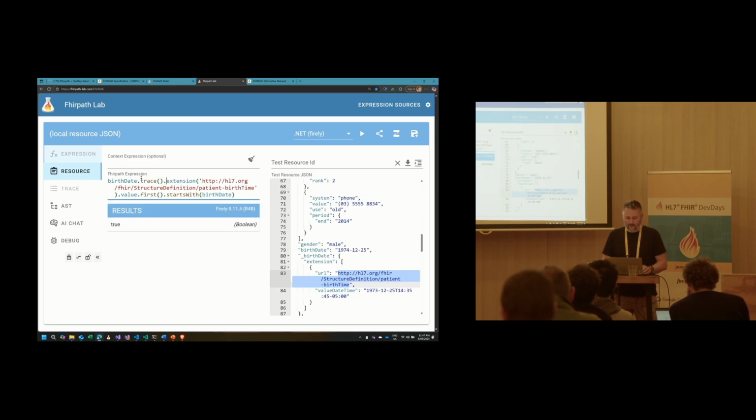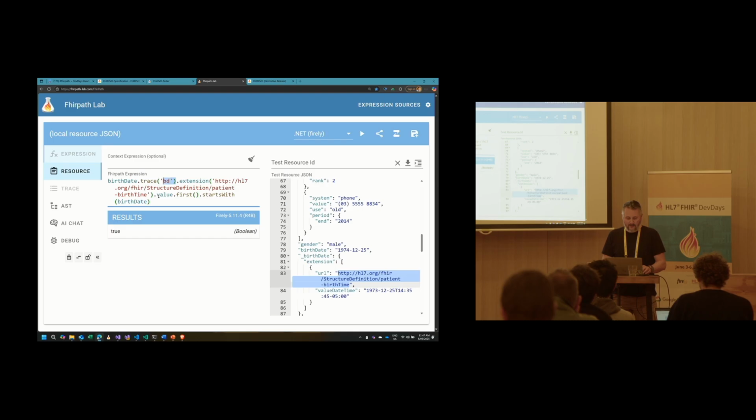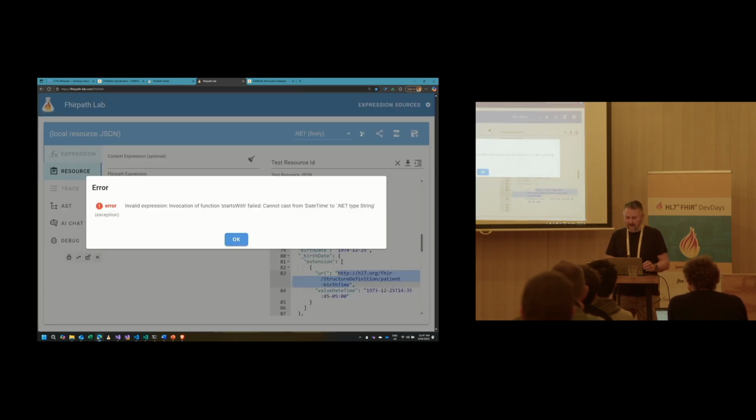We can always do a dot trace. So BD, and actually, we'll do that. And this will go trace BDE. Next, yep. Now let's run that. And it's going to say, no, starts with needs a string. So